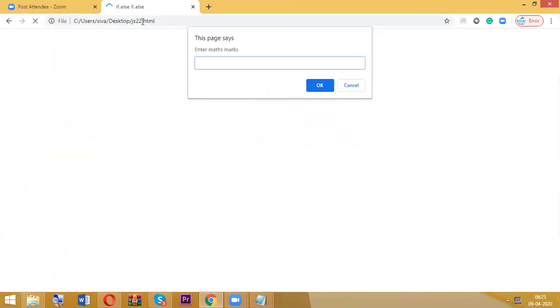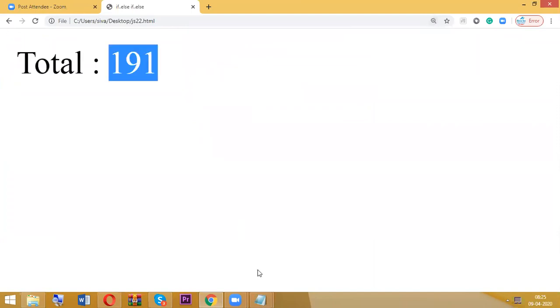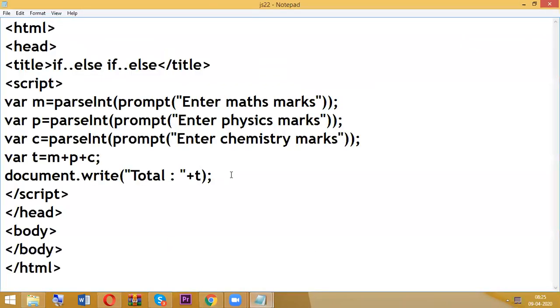So our example is js22.html. So first I am entering max marks. So 35, 67, 18. So now the total is 191.